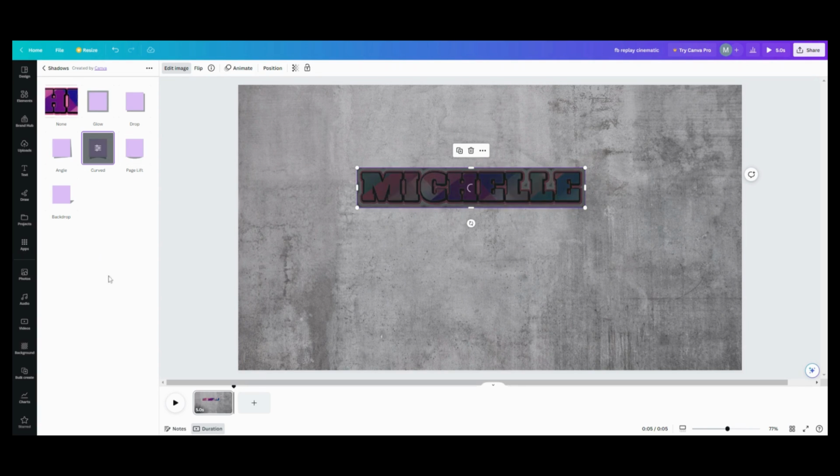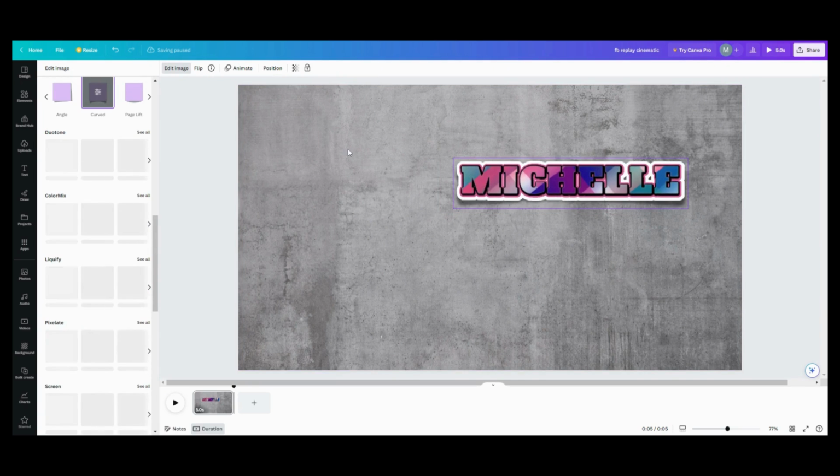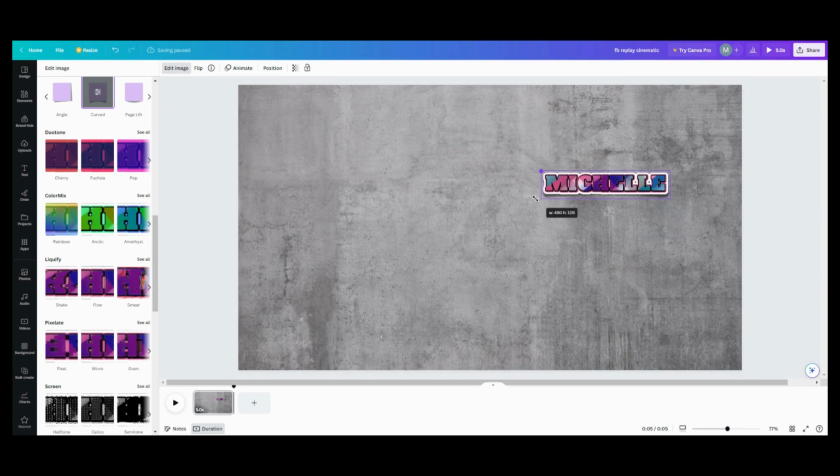So I'm going to put Curve on it, and there you go. It looks like a little sticker floating on your concrete here. I like this concrete. It just really looks good with stickers for me. I like it. I used it for a background for my